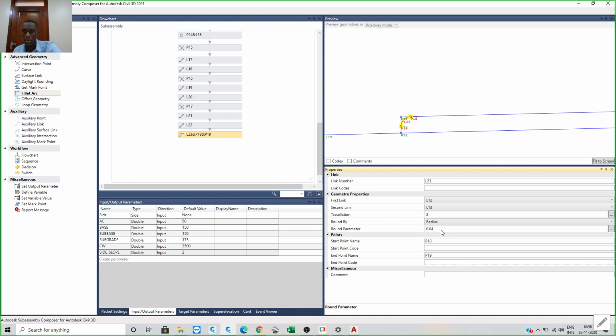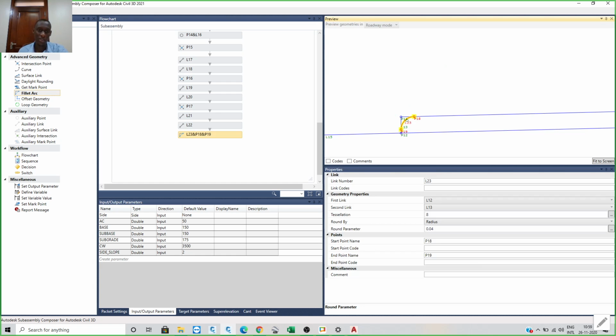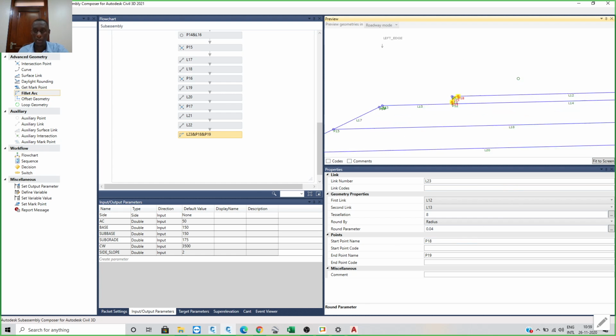Okay, let us go with that. So in the output, we shall have this location having the fillet at the edge of the AC surface. Okay,